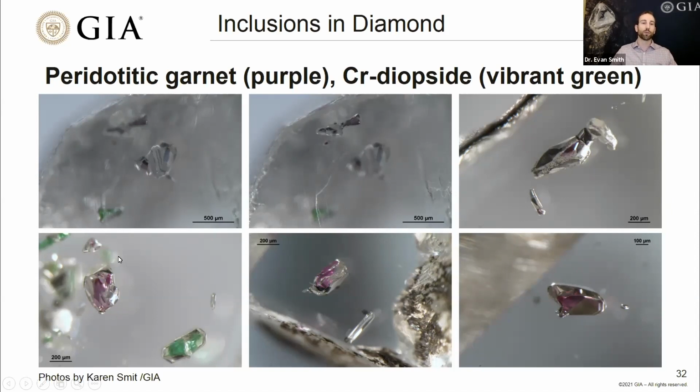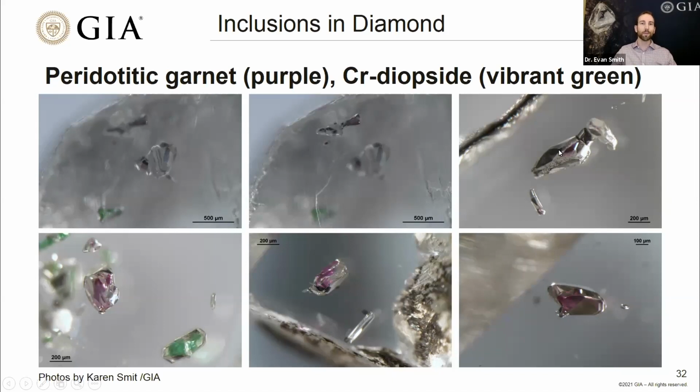And this sort of idea becomes much more apparent when we see it neighboring an inclusion like this, a vibrant green inclusion. And this is diopside, but it has some chrome in it. And the chrome is giving it a more vibrant color. So we have a vibrant purple and a vibrant green next to each other. That's a pretty good indication that we're looking at chrome pyrope and chrome diopside, and this diamond grew in a peridotite host rock. So we've got some other examples here of other very vibrant purple pink garnets from peridotite host rocks.